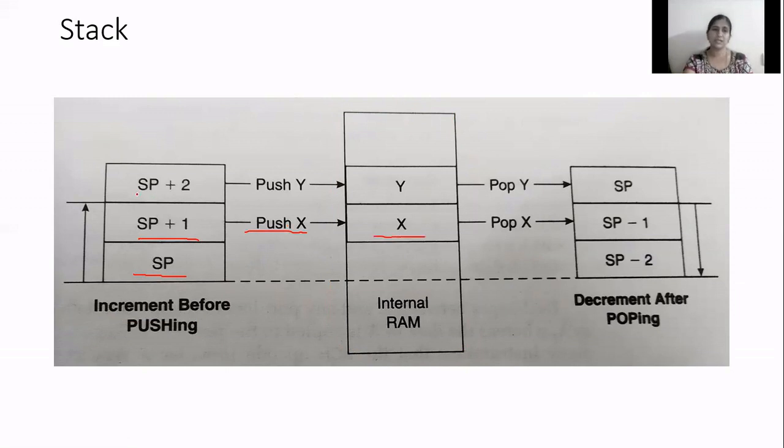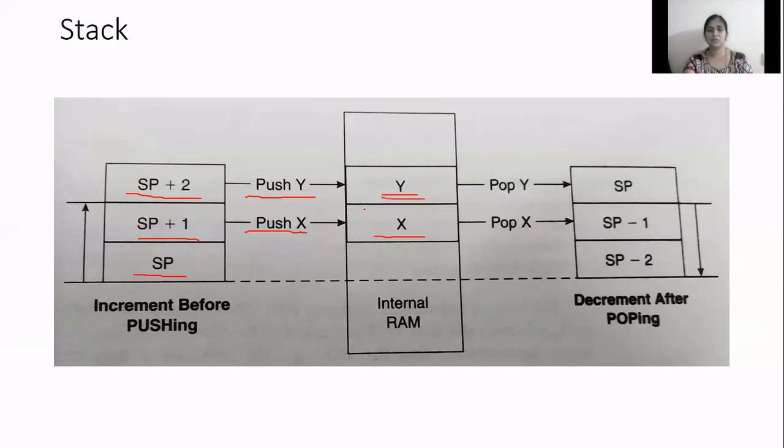If I want to do the second push, then again I need to increment the stack pointer, then push the second data, that is here push Y. Y is the second data which is pushed onto the stack. In a similar way, if I want to perform pop, as I told, stack is LIFO order, or last in first out. The last which came into the stack is Y, that is getting popped out first. So now if I pop out, I'll be getting Y.